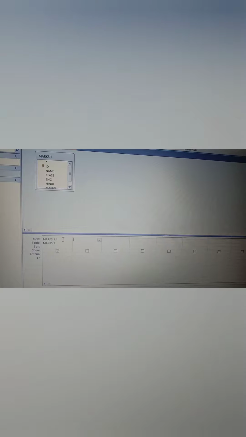Now I am not double clicking this asterisk. When I click on this asterisk, you can see the field appears like this. So I am editing this. I am removing this field. Now instead of that, I am selecting some particular fields only. I am not selecting all the fields. For selecting all the fields, I have to select the asterisk symbol. But for selecting the particular fields, I have to select each and every field individually.